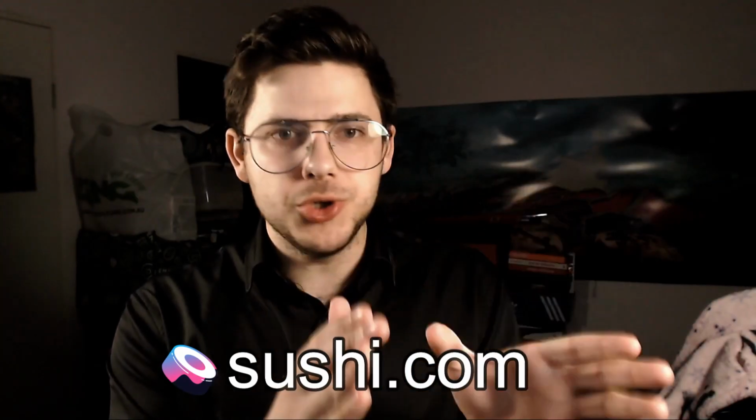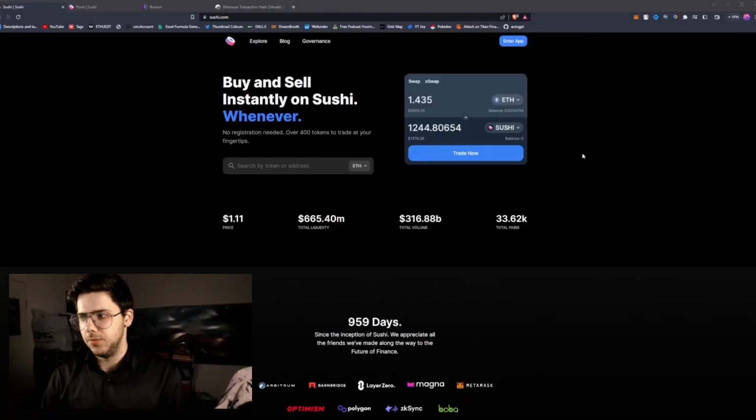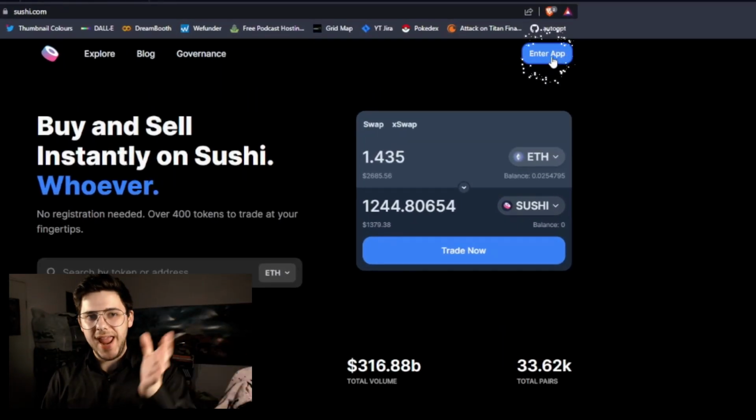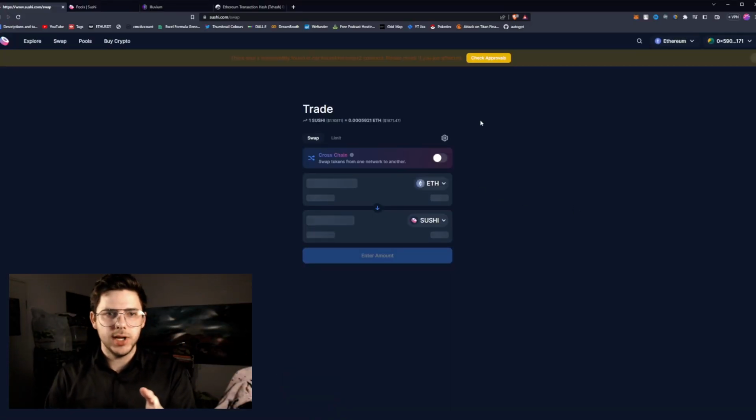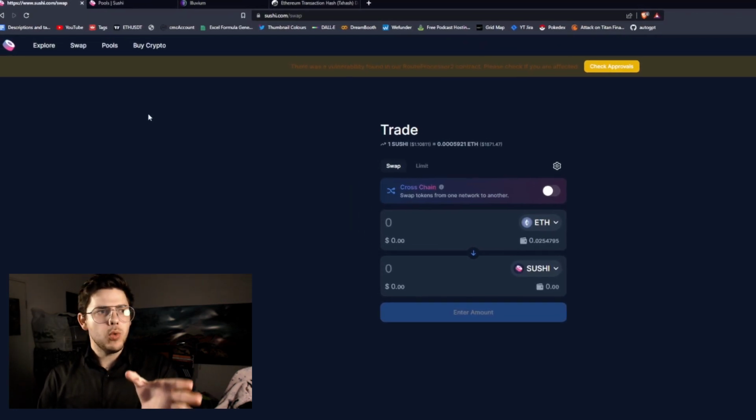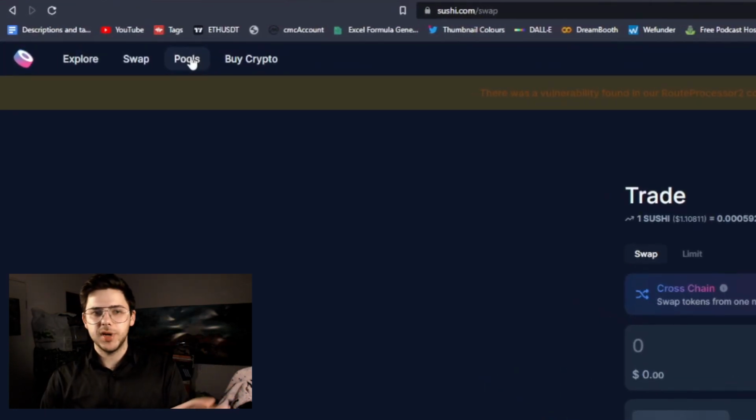The first thing you want to do when you start staking on Illuvium is you go to sushi.com. Now this is SushiSwap, right? So after we go to SushiSwap, we want to enter the app with the button in the top right hand corner here. Then we want to go to the pool section in the top left,